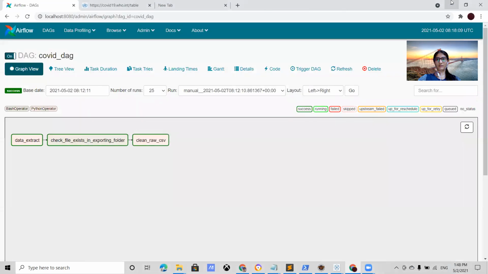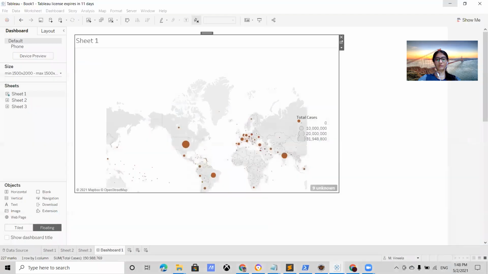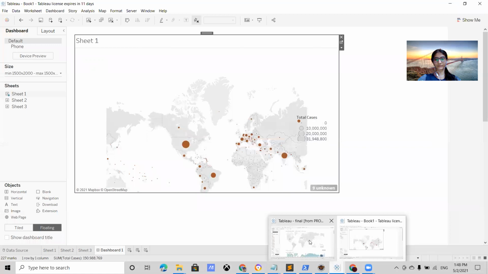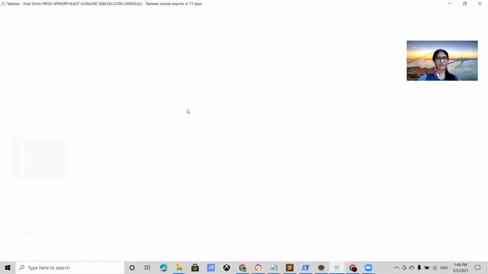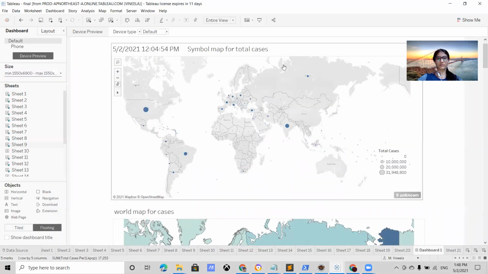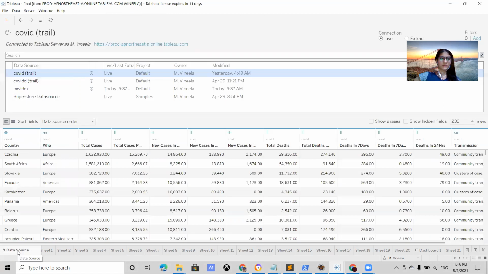Now let us see how we have connected it to Tableau desktop. So this is our dashboard, which we have created in Tableau desktop. This is a data source, and we are making a live connection in this.